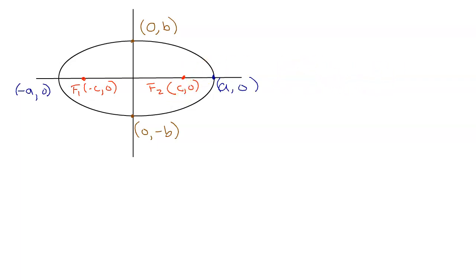So we're going to imagine we have that piece of string going to a random point on the ellipse. Since it's a random point, we don't know the exact values. We're going to call this x, y. And I'm going to call it point P so that we can talk about it. So the distance from the first focus, focus 1, to P, so that's the longer length of the string that I've drawn, plus the length of the string from focus 2 to point P,